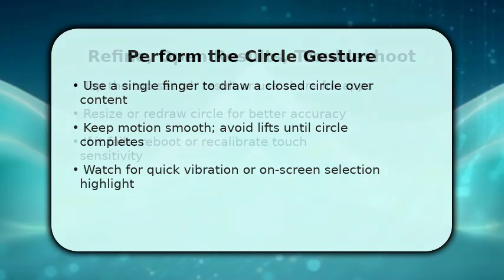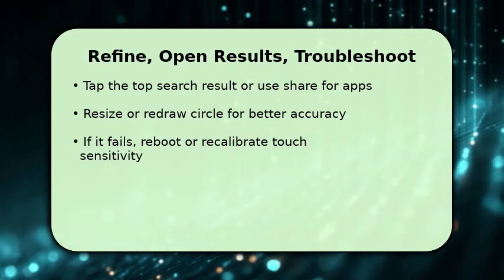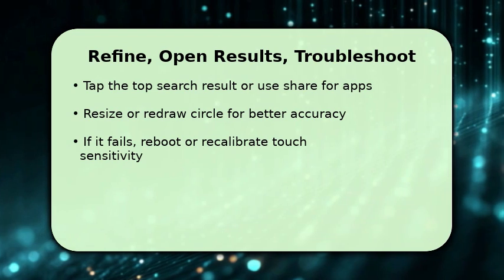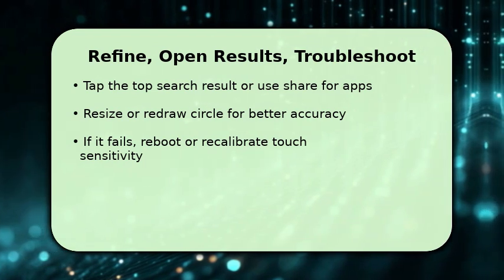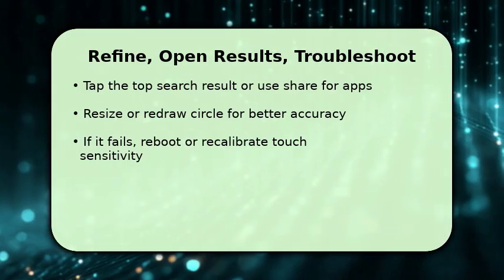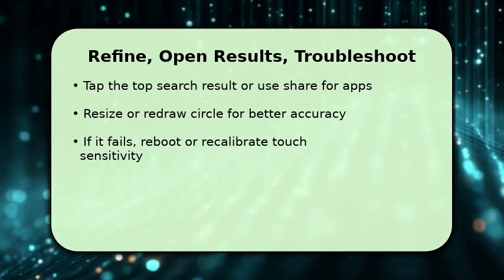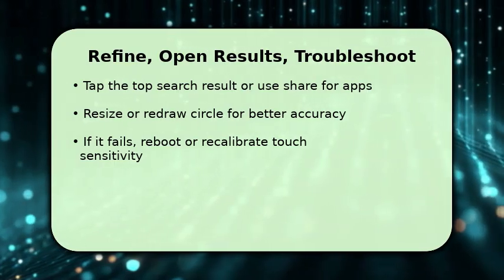You finalize the flow by tapping the top result to open the link or using the share option to send content to another app. If results are off, redraw the circle more precisely or slightly larger to refine the selection. Repeating improves accuracy. If circle search repeatedly fails, make sure screen sensitivity is adjusted in Settings, restart the phone, and